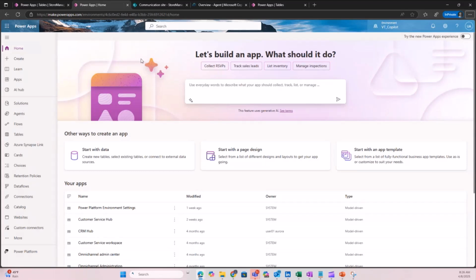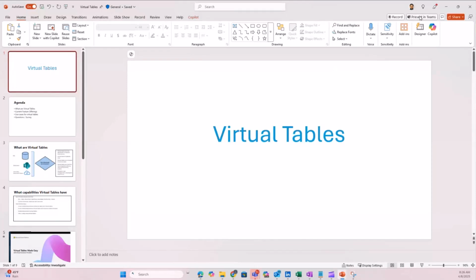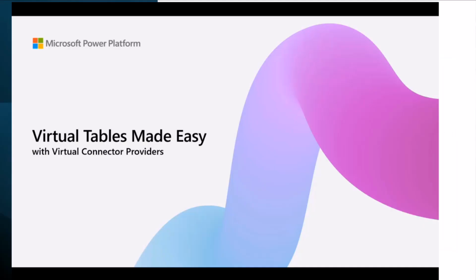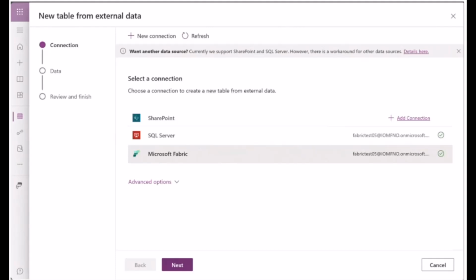In the interest of time, what I will do then is once again share one more video, and that might be really quick. So we saw how we can virtualize this data in Dataverse, but we can also create a relationship with Connect to Fabric, and that is one of the beauties of virtual tables. This video will quickly show you how you can create that relationship.